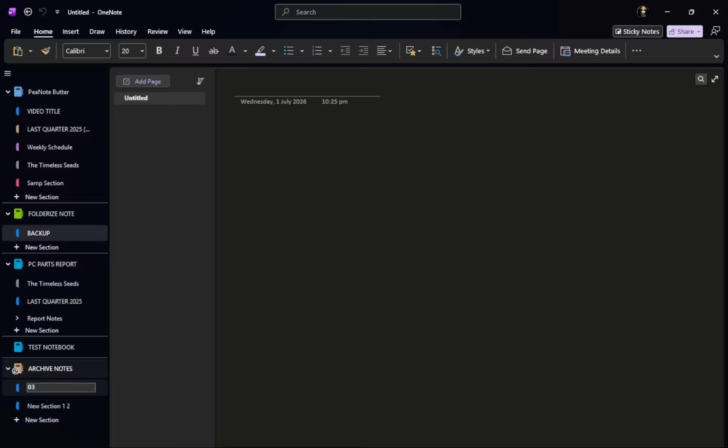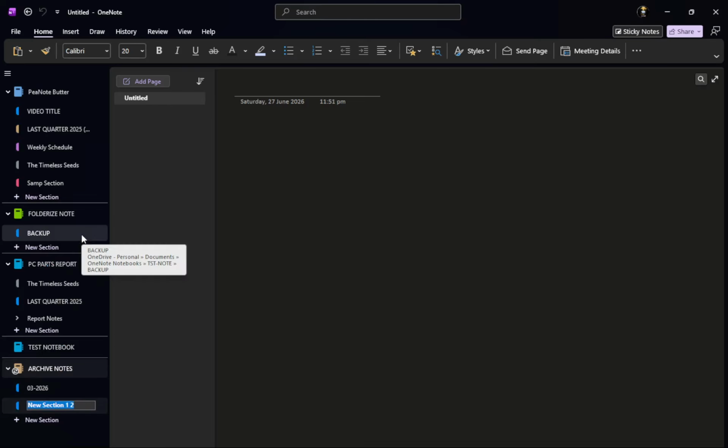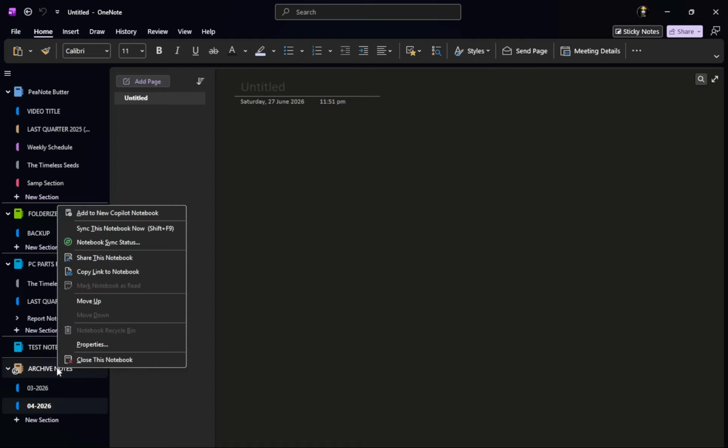It's important to note that OneNote does not include a native archive button or automatic archiving feature. Archiving is done manually by moving notes to another notebook or section. Once you have completed the archiving process, you can close your archive notebook to reduce clutter. Rest assured, the notebook remains saved and accessible whenever you need it. If you sync notebooks with OneDrive, your archive notes will stay backed up and accessible from all your devices, ensuring you can retrieve them whenever necessary.